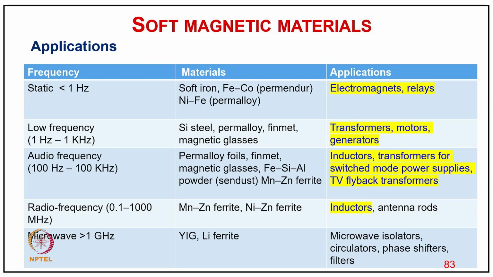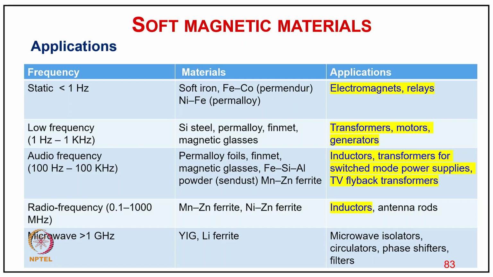So these are typical applications of these soft magnetic materials. Starting with frequency, typically static, less than 1 Hz, the soft material is typically permendur or permalloy, used in electromagnets and relays. For low frequency, 1 Hz to 1 kilohertz, used over a very wide range, typically most of our electromagnetic machines, silicon steel and permalloy laminations are used in transformers, motors and generators. And for audio frequency, like 100 Hz to 100 kilohertz, permalloy foils,